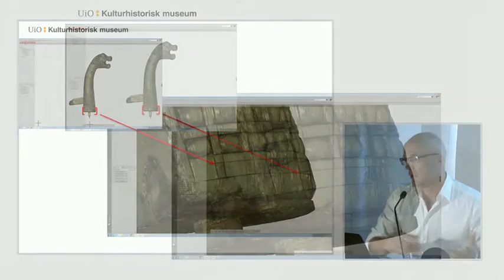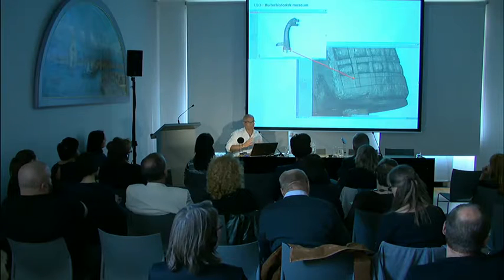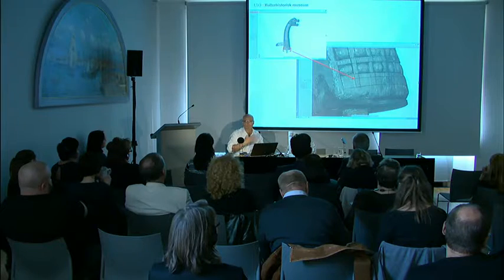That you can, and the program is free. Everyone can download it, and you can choose if you want the color or not. That's really nice for the conservators and my colleagues who are working with the scan, that the program is free. They can do everything with it. They can take measurements, slides, they can do everything. Save it in different file types. But this is